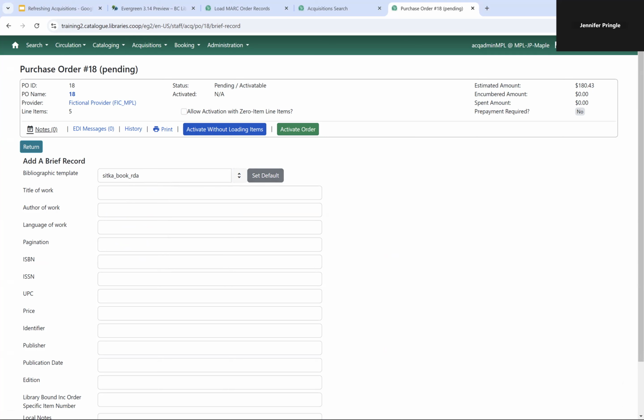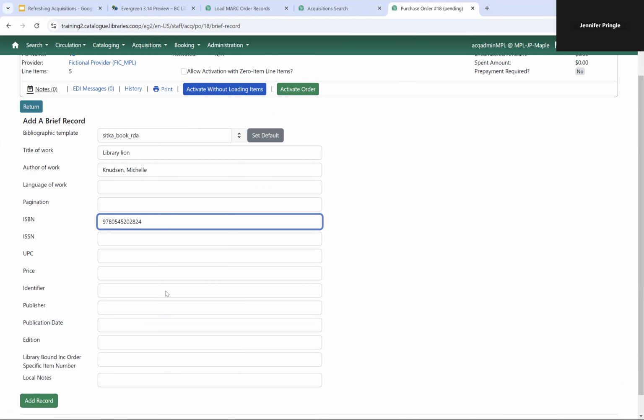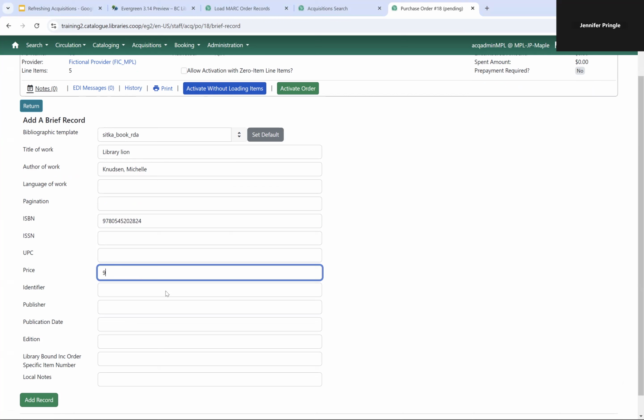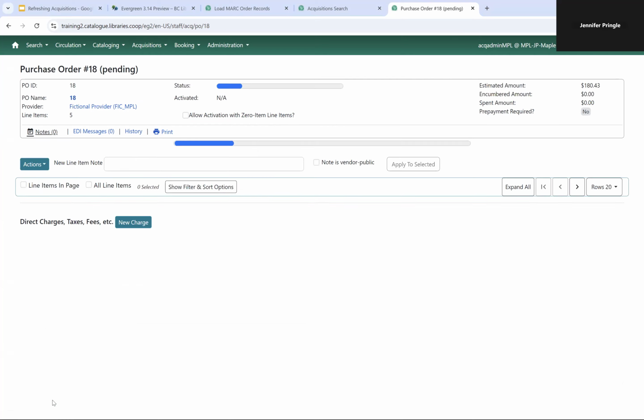I'm now going to enter the information for the title. And it really wants to bring those bullet points over. And I'm going to click Add Record